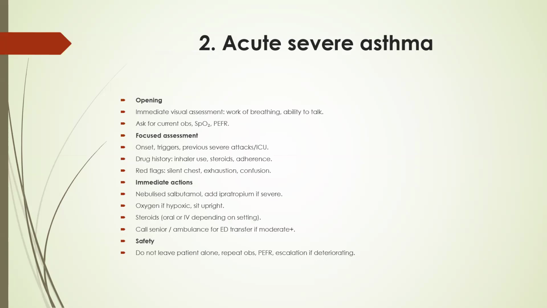And acute severe asthma, doctor, mostly the patient will be having the problem. Doctor, I'm having breathing difficulty, so we have to check the patient's vital assessment. Okay, work of breathing, ability to talk or not. Meaning, I'm going to think whether the patient has severe asthma or mild to moderate asthma, and so on. And we have to ask about the patient's current status. If the patient has known asthma, then we have to think about